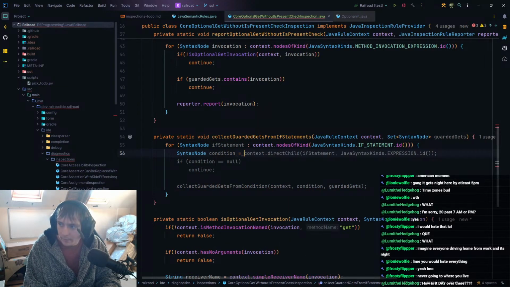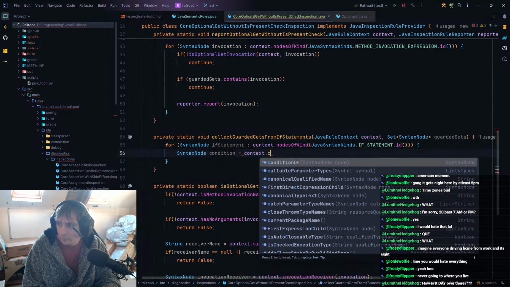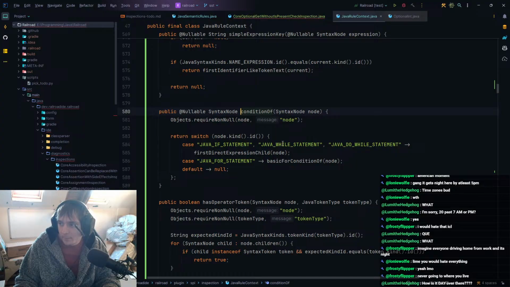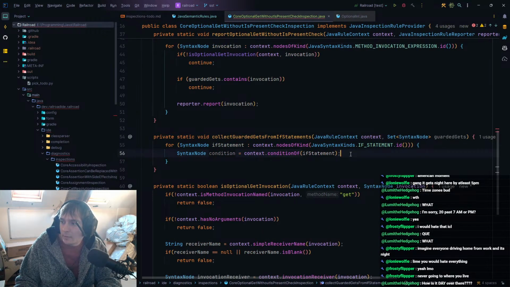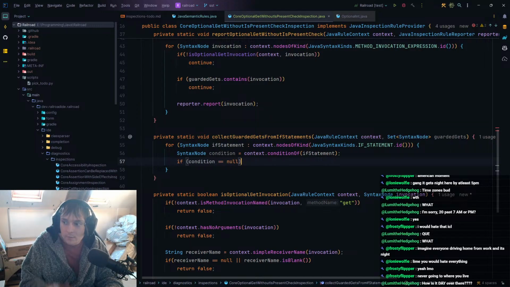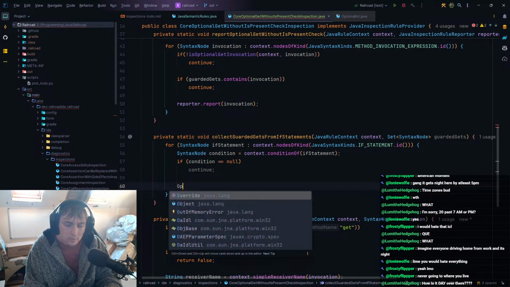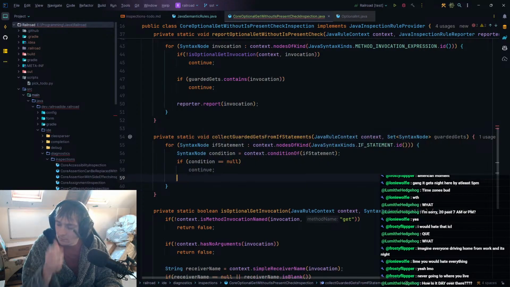And I added a method just before the stream to help out with this. So we have a condition of, which just saves a bunch of time. So we can now use that here. So if condition is null, we continue. Then we need to extract